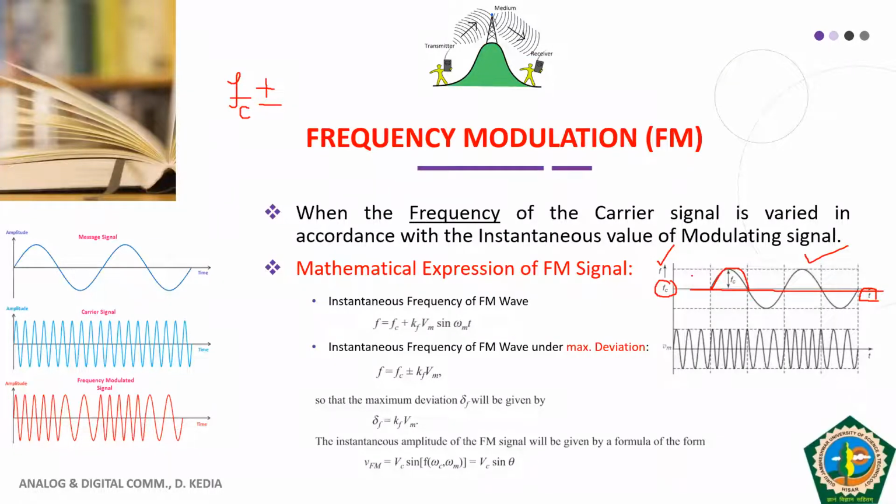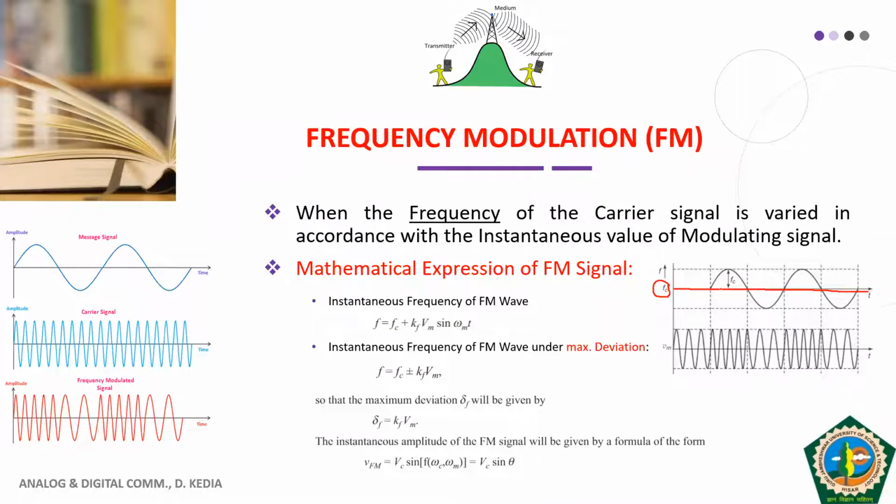Okay, so in the positive side, my carrier frequency is higher than the original carrier frequency, but it is first increasing then decreasing. Then in this portion, my carrier frequency is decreasing, then again increasing, then again decreasing. Okay, so this figure clearly shows me the variation in the carrier frequency. This is my original carrier frequency, and this sinusoidal curve shows the variation in the carrier frequency.